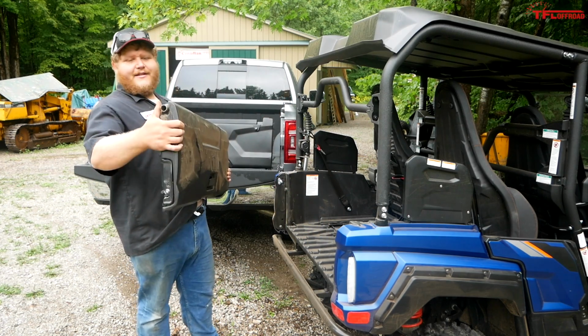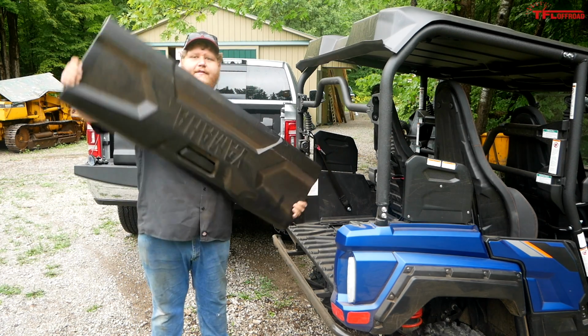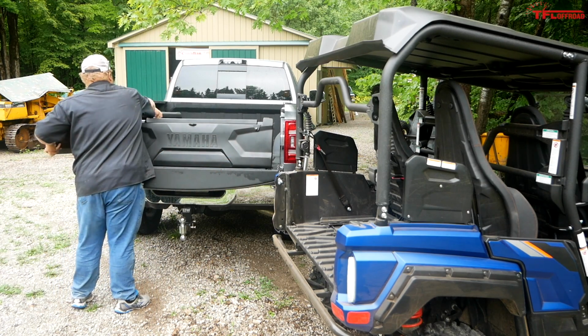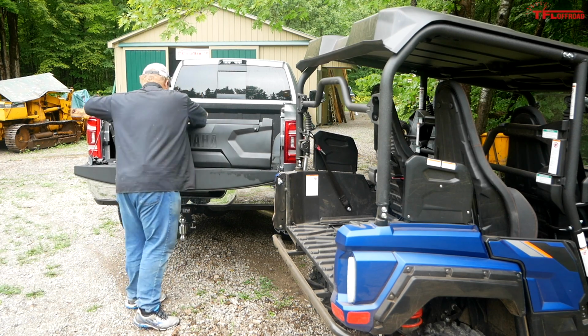Gotcha. So there's actually little posts here, and they fit on 2 other small posts that come out of the frame. But there you go. That's what it's like to take the tailgate off your X4. 4 bolts, 2 cables, and she's done. So we will tuck that into the bed of our truck over here. And now,